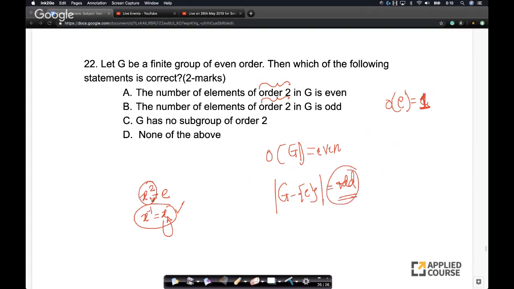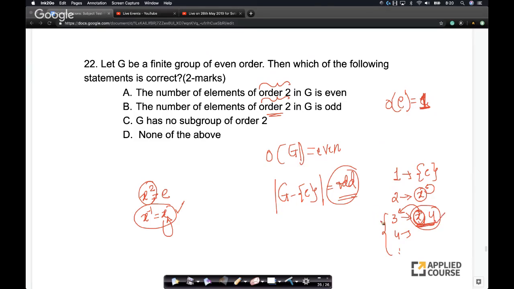So for all the elements whose order is not equal to 2, see, order can be equal to 1. That's only the set E. Order can be equal to 2. So if the order is 3 or 4 or any of them, for every element its inverse also should exist. If I have an element X whose order is 3, its inverse is not itself. For order 2, the inverse is itself. For this, the inverse is something else. So for every element, since an inverse exists in a group, they all come in pairs. If this element exists, its inverse also should exist, right?